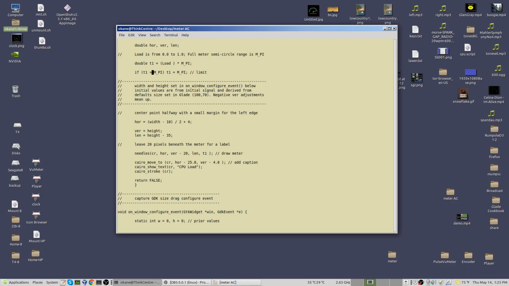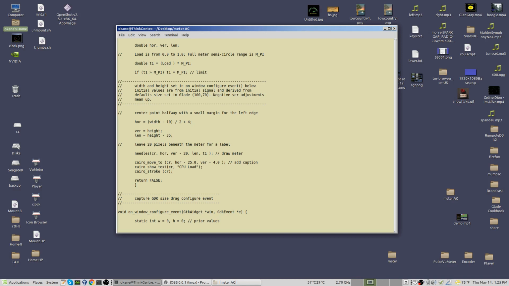Since we have to send the numbers down starting at minus pi and going to 0, and since what we want to represent goes from 0 to pi, we just add the two together and we get a value. Otherwise, I could do it by making the value we need to represent negative, and that just makes it confusing. So I'm doing T1 in a positive sense, and I add it to the negative pi in order to get the value across the needle. I hope that's not completely confused it, but